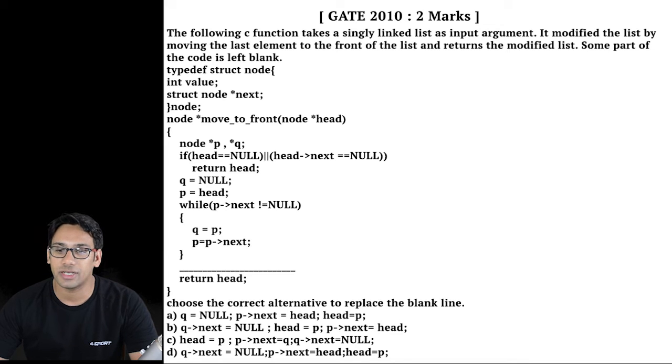So this question was asked in GATE 2010, and they are saying the following C function takes a singly linked list as input argument. It modifies the list by moving the last element to the front of the linked list. That means it is moving the last element which is present in the linked list to the front of the linked list, right? That is, if for example you are having this linked list,